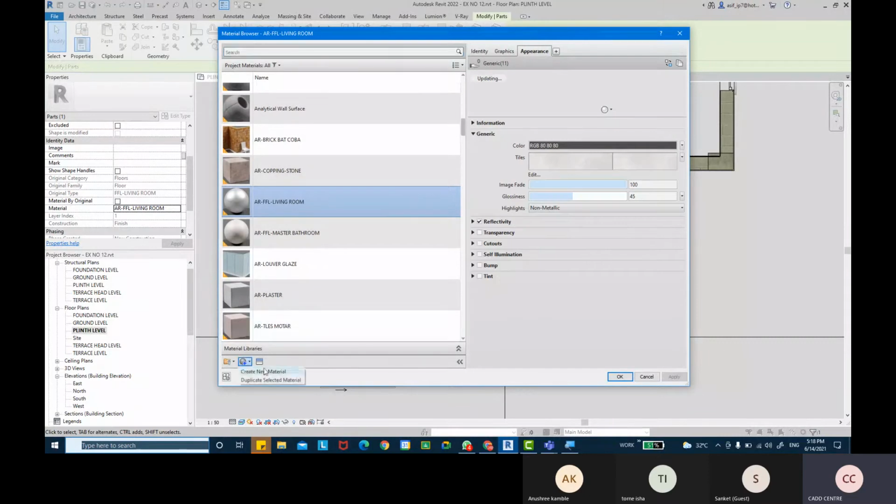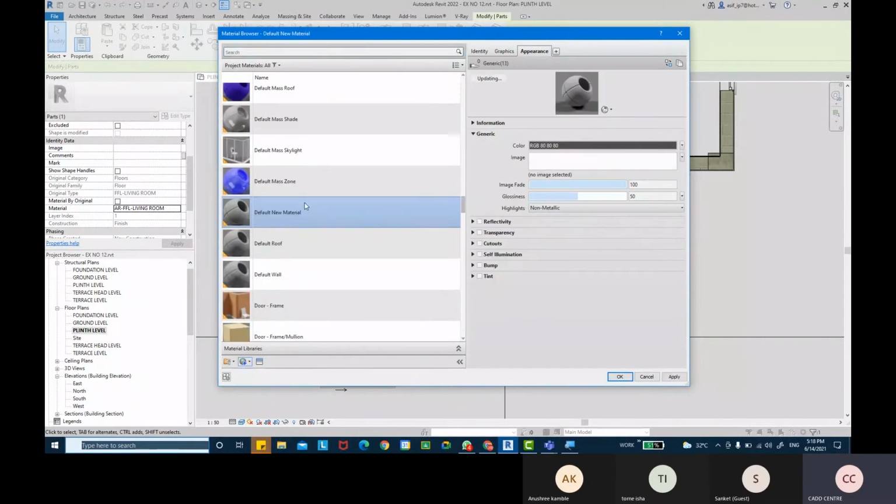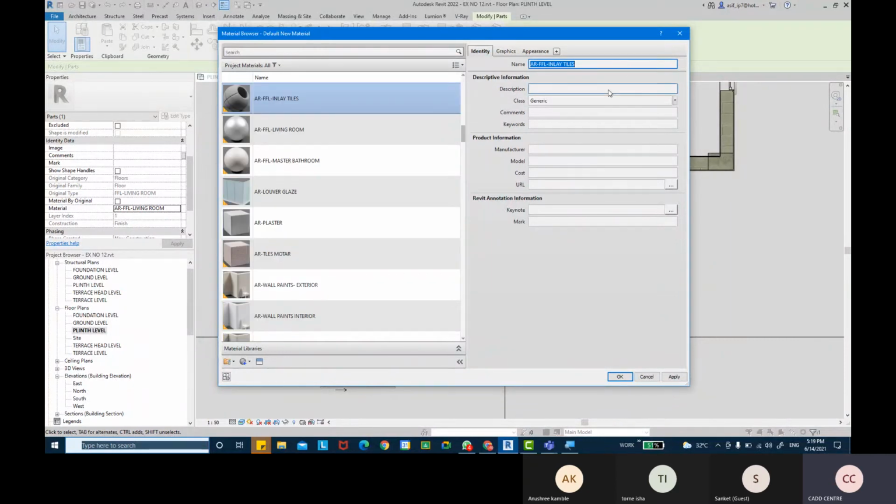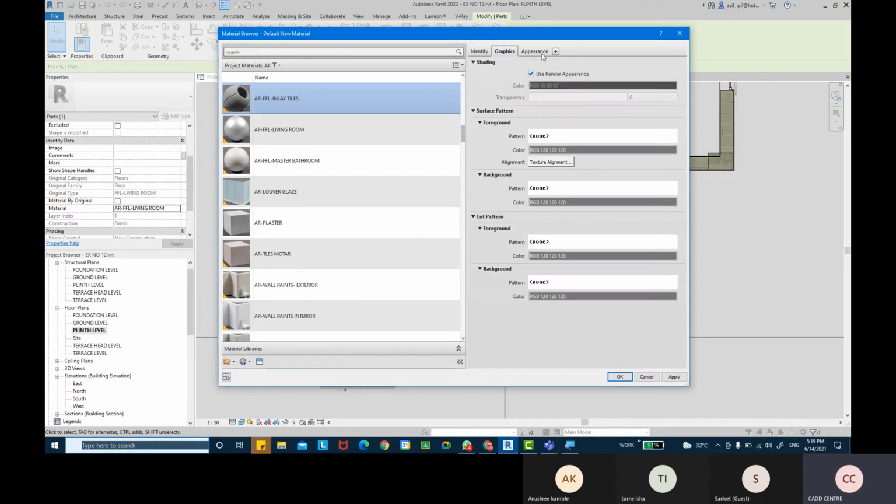And I'm going to create a new material. Name this material as AR-FFL-inlay tiles. Graphics.